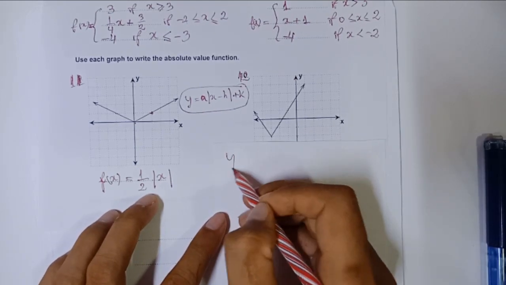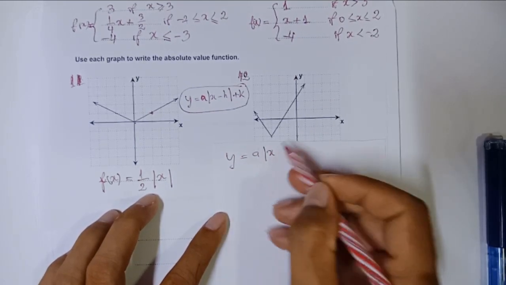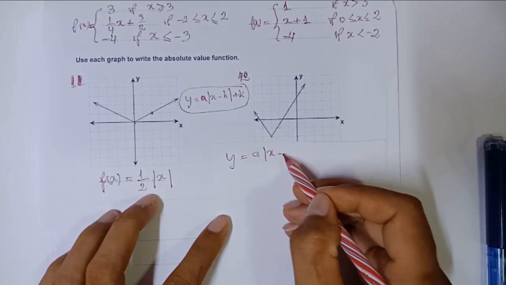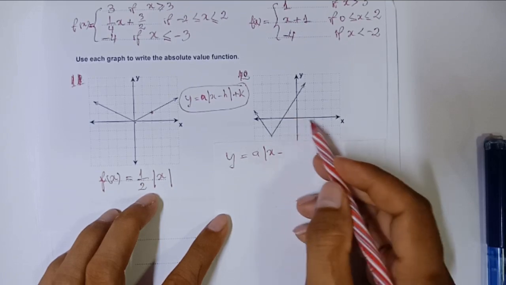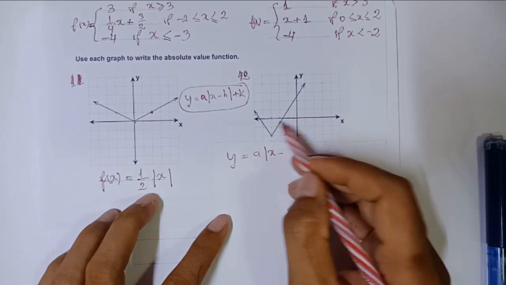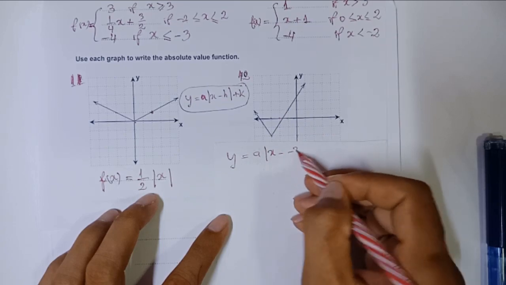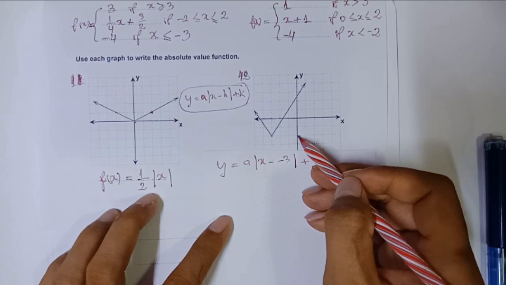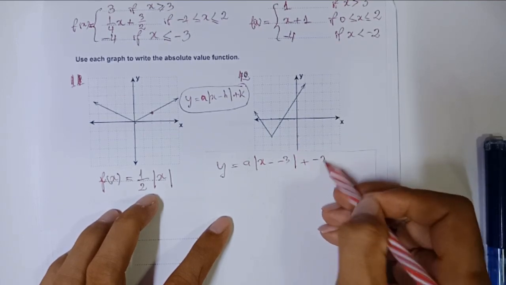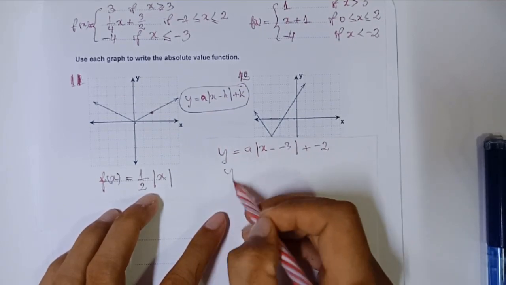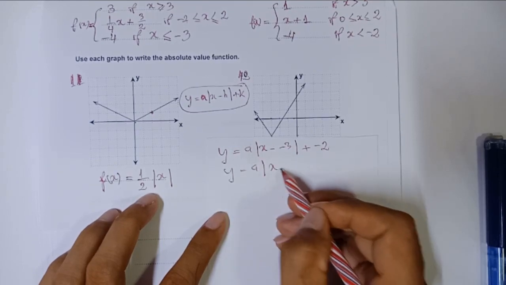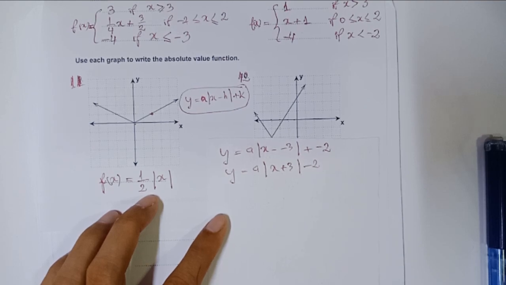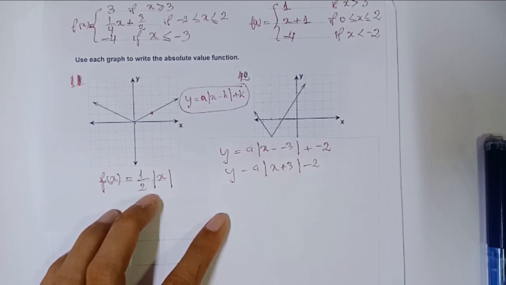So I have y equals a, x minus, this is -3, so minus -3, and then plus k for the y, which is -2. Let me simplify this: y equals a times the absolute value of x plus 3, minus 2. That's what we have. After that, find one more point